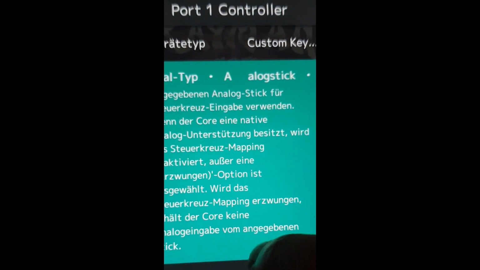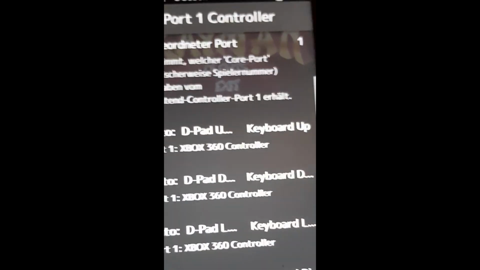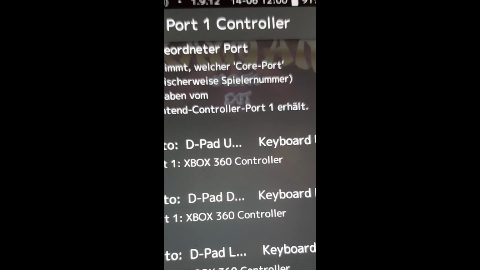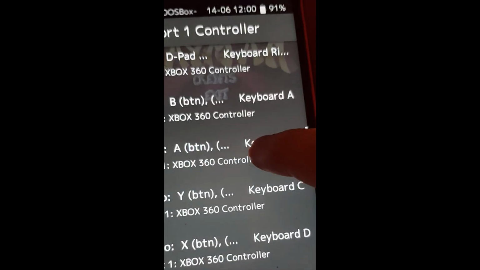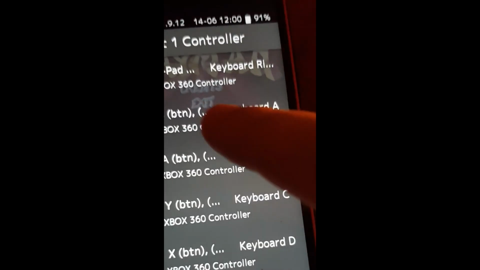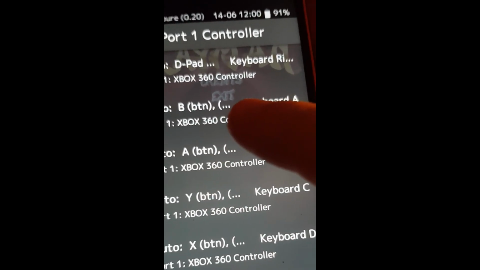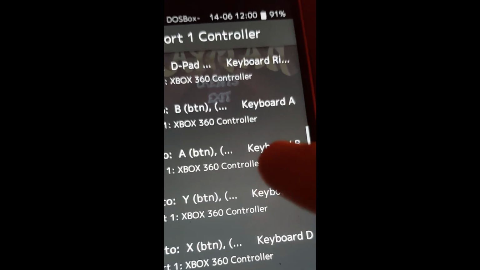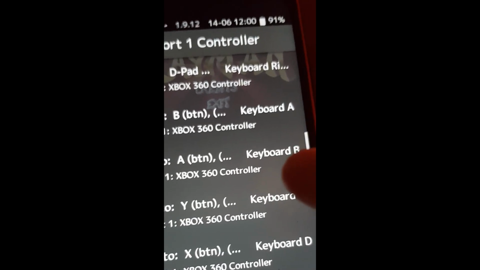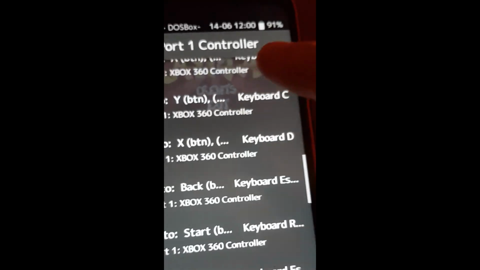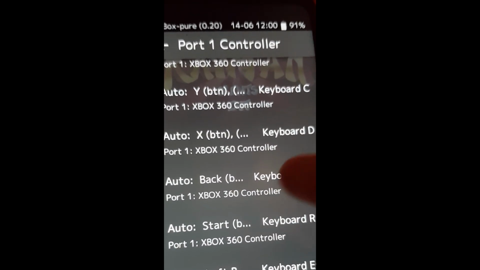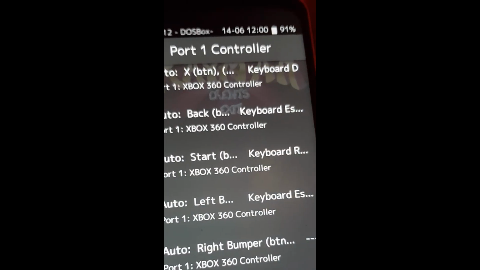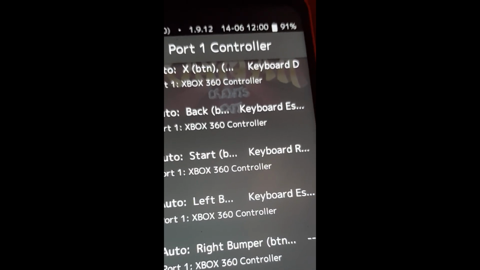And then basically you see port 1 Xbox 360 controller. Just bind all your buttons, meaning B is A and A is B. So A button is A, B is B, and C is X, and Y is D. Also binding the important ones like the back button. I don't know where that is, but I know the start button is the plus button essentially, which is return or enter,